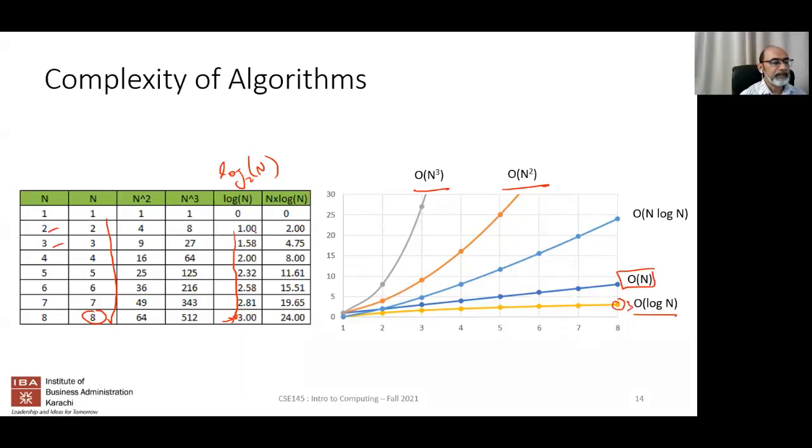All right. Now, if you have n times log n, that's larger, because what you're doing is you're taking 3 and you're multiplying it with 8, so you have 24, and so that is why order of n log n is a little higher. Okay, so basically what you can see is that log n is actually a better algorithm than n, and n log n is worse than n, but it's better than n squared. Okay,